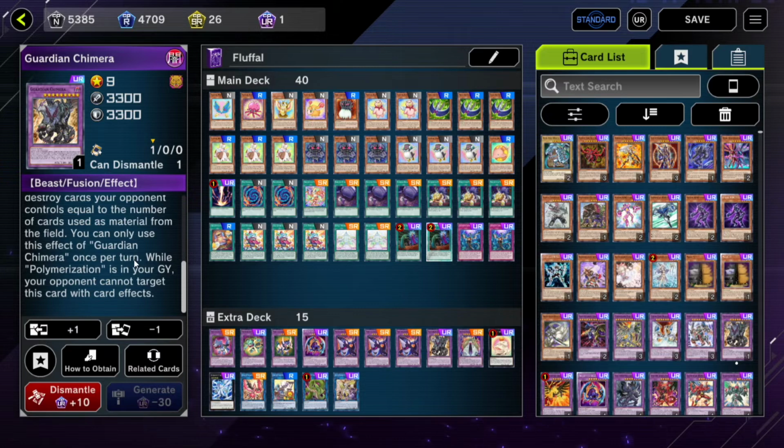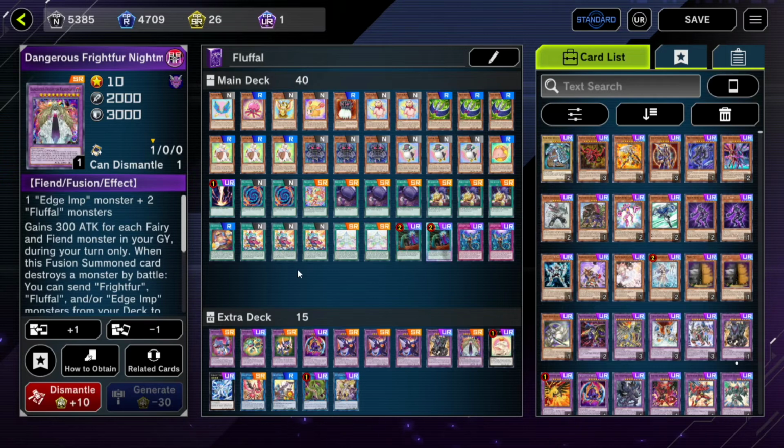This thing is insane, especially in a very fusion-heavy deck, and with a lot of cards that really benefit from going from the field or hand to the graveyard, I don't see a reason not to play this card. This thing is incredible. It's got great stats, it's got a great effect, and it does a lot of really great things. Moving on, we play 1 Dangerous Fright for Nightmare,